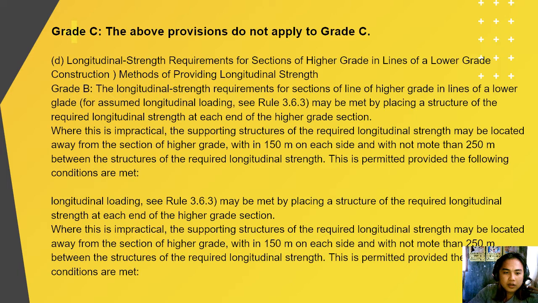So longitudinal loading, we can see this in rule 3.6.3, may be met by placing a structure of the required longitudinal strength at each end of the higher grade section. So where is this impractical? The supporting structure of the required longitudinal strength may be located away from the section of higher grade within 150 meters on each side and with not more than 250 meters between the structures of the required longitudinal strength. This is permitted provided the following conditions are met. So you can see that this has been done